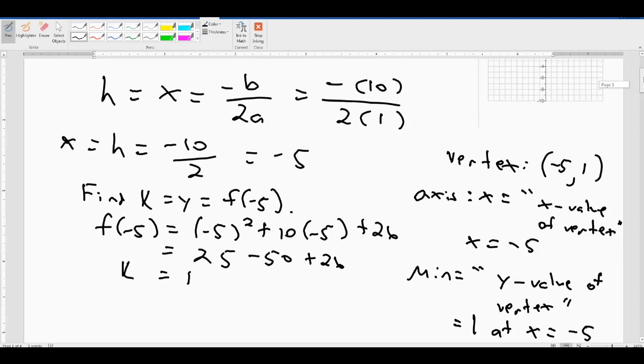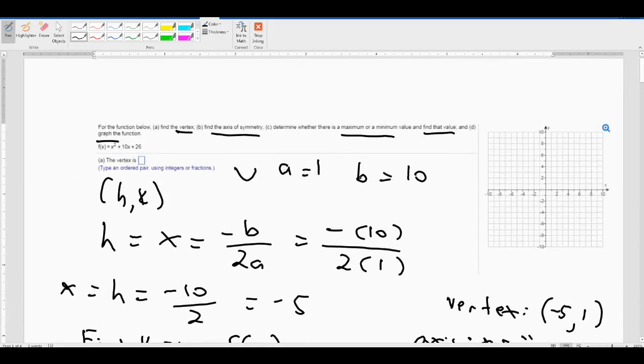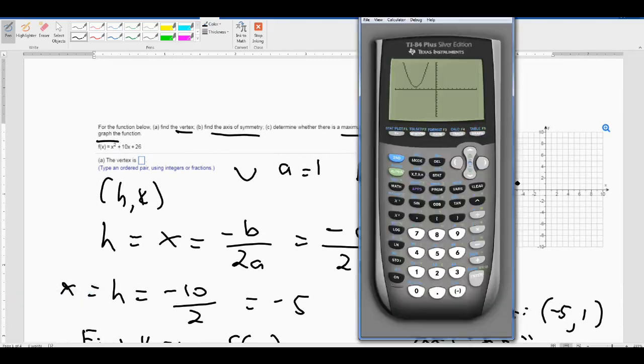And then the last thing we're asked to do is graph it. So we know the vertex, which is negative 5, 1, which is right there. And then I'm just going to use my calculator. I don't have to, but what I could do is substitute numbers into x squared plus 10x plus 26 that aren't negative 5. But all I'm going to do is look at my table and use some points